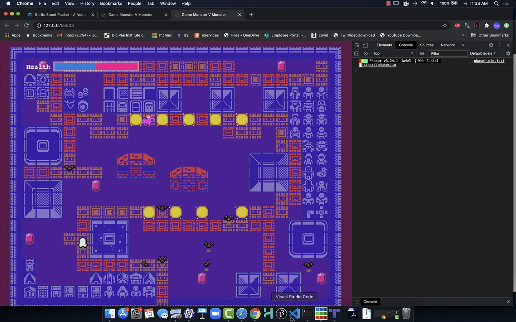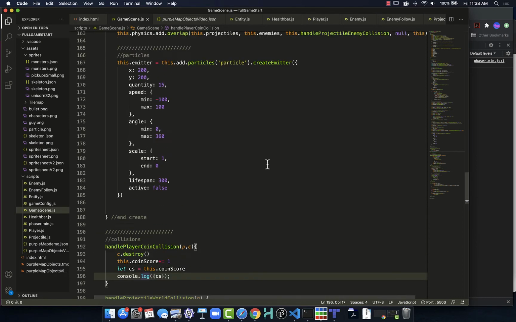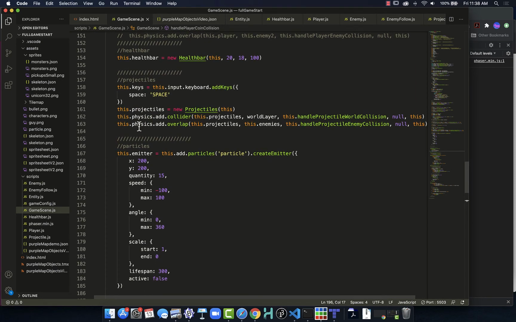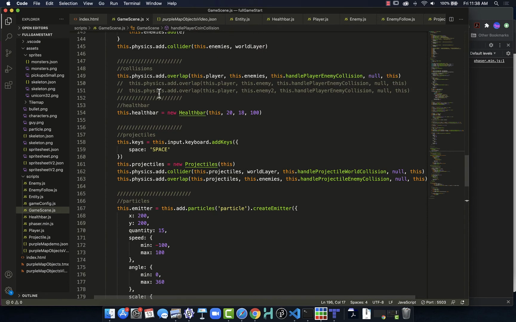And nothing's happening yet, of course, because we forgot to put that in. So there's our projectiles. Ideally, we should put all of the collisions into one place because we added in the projectile. So we should move those down, but right now,